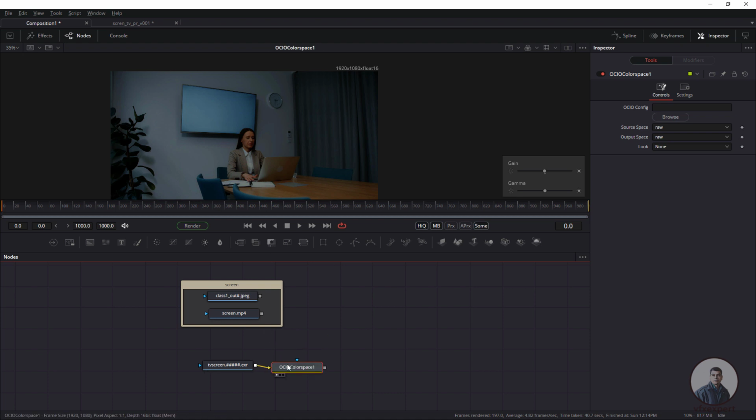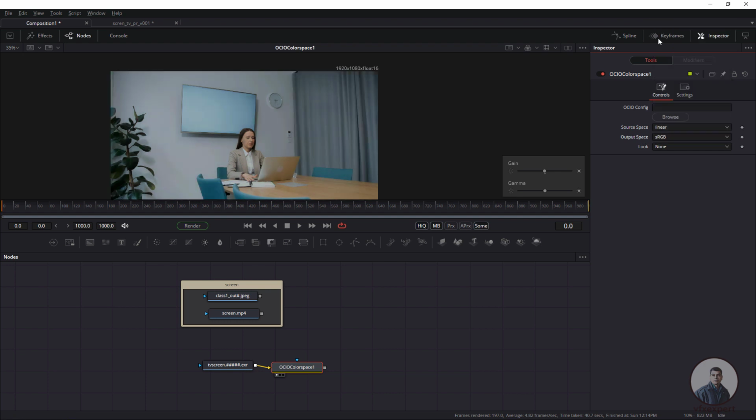For source space select linear, then for output space select sRGB. This is actually not a color conversion class, this is only a screen replacement class. Remember, this OCIO color space will affect your composition, but the gain and gamma will not affect your composition, they only affect this viewer.